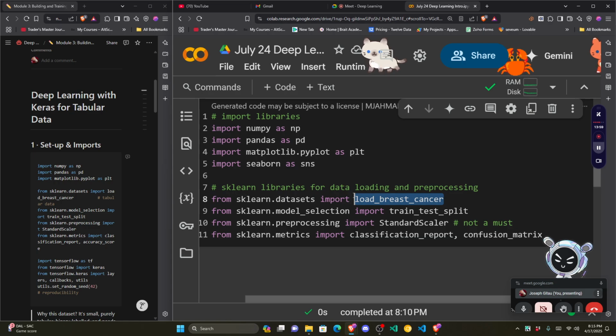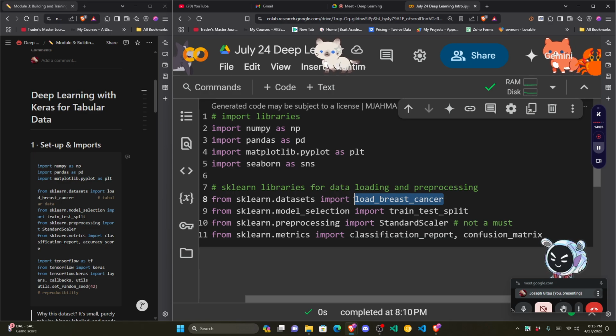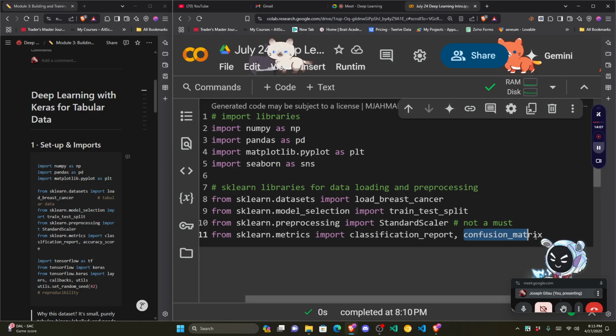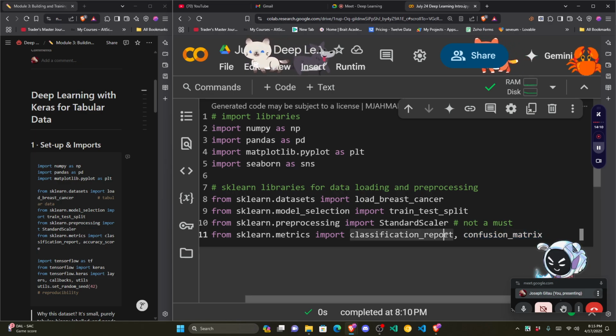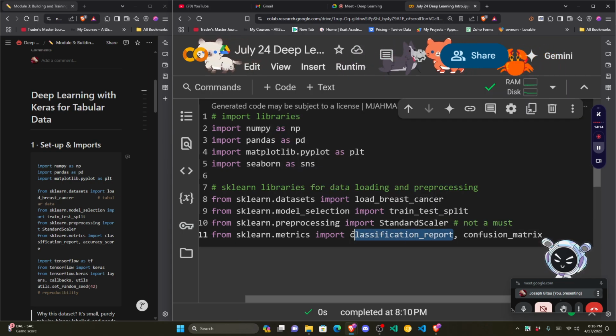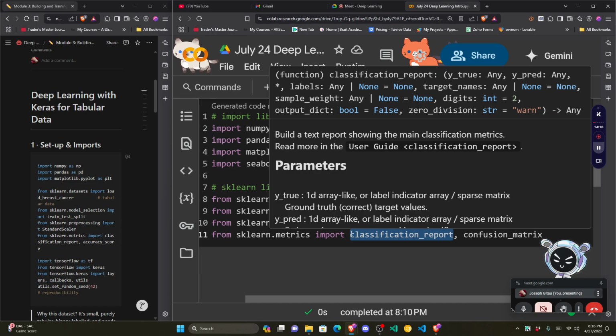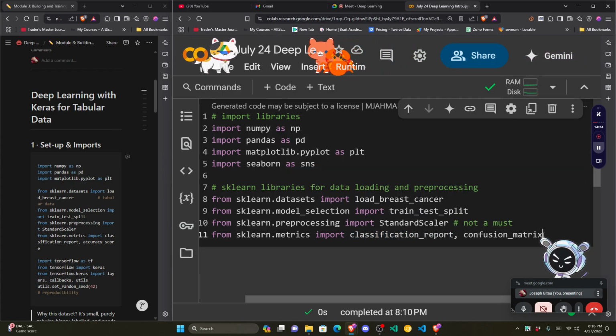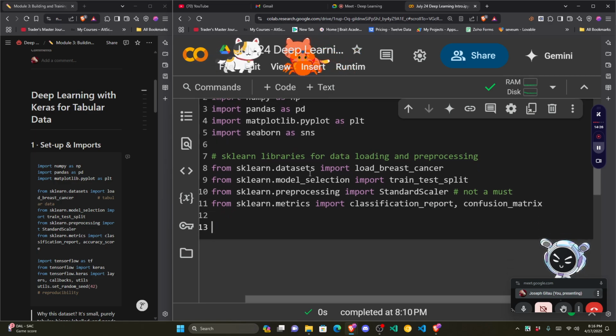And if you go back to your machine learning class and refer to your notes, you'll see we usually use the classification report and the confusion matrix as metrics for classification. And in a classification report, we have the recall and precision scores. And again, we have the F1 scores. So those are the metrics that we are going to use for these tasks. So those are the libraries that we need from sklearn. Then we are going to import